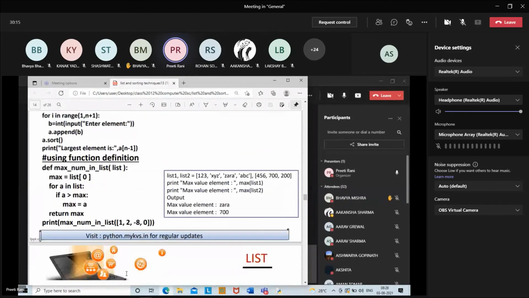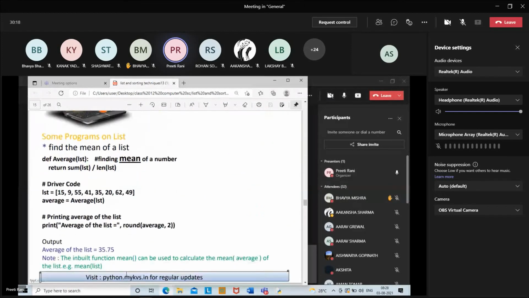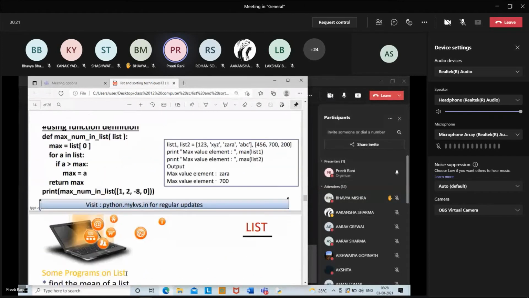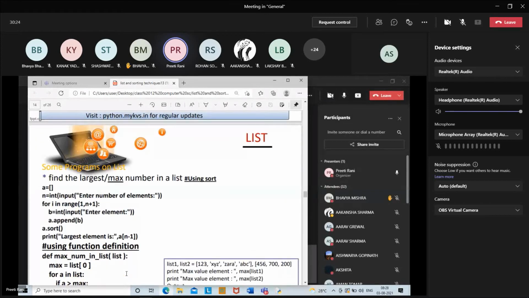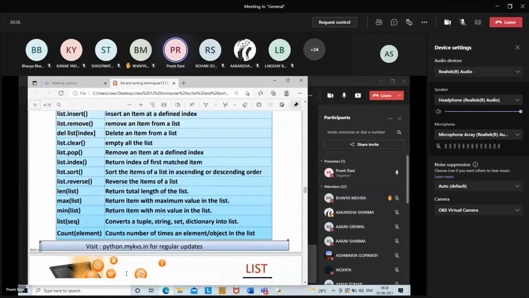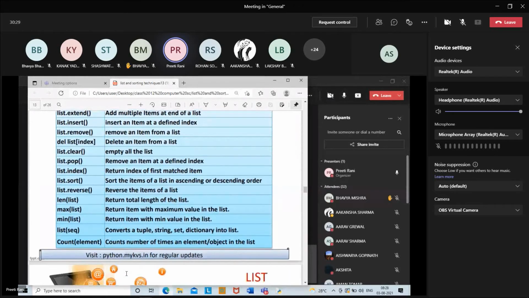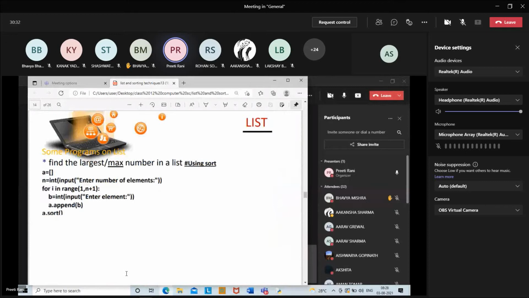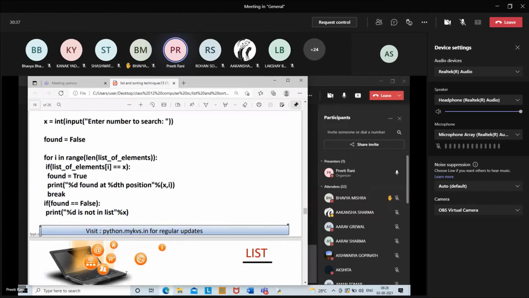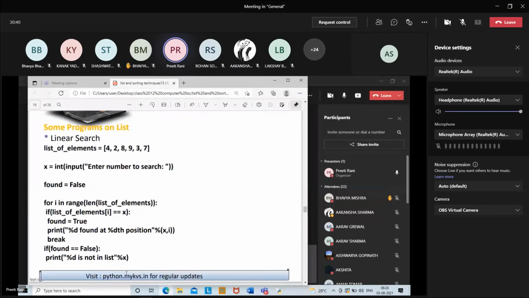In the last class, yes, I got it, I think we did search also, for searching an element from the list. Linear search. Have we done that? We didn't, right? So have you done the linear search at home? Kindly do it right now.